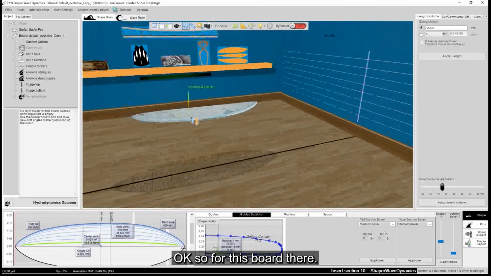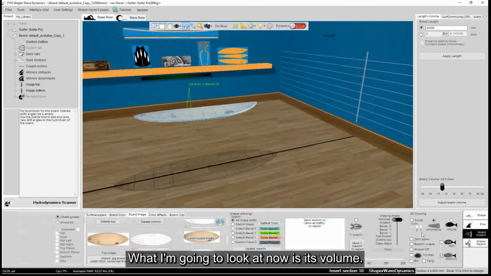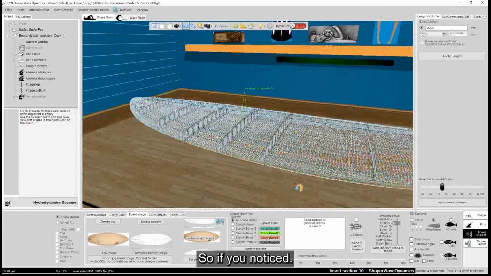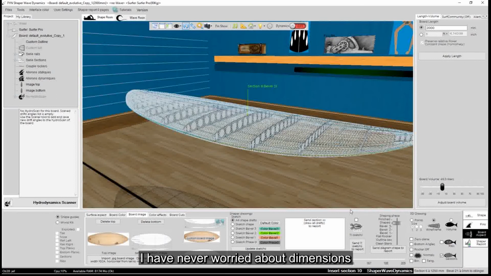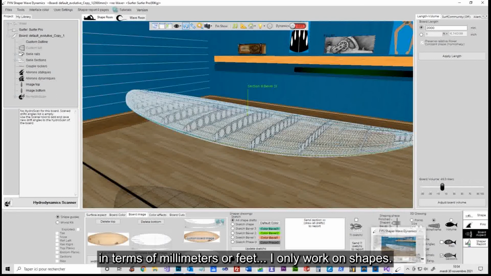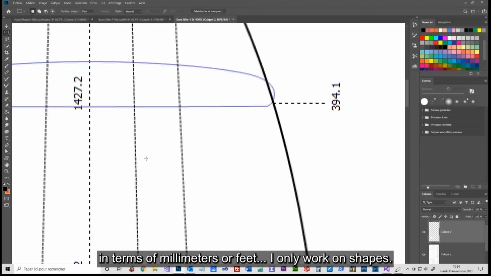Okay, so for this board, what I'm going to look at now is its volume. So if you noticed, I have never worried about dimensions in terms of millimeters or feet. I only work on shapes.